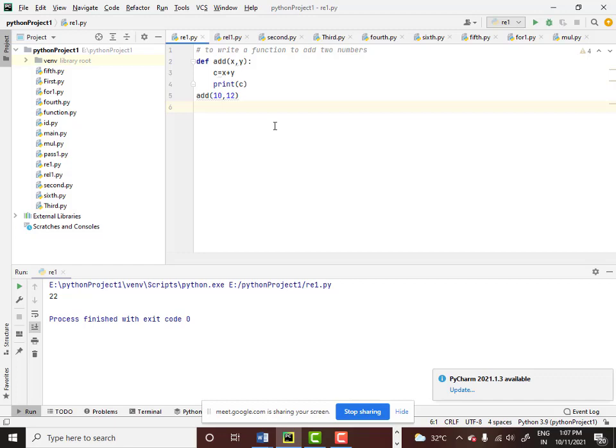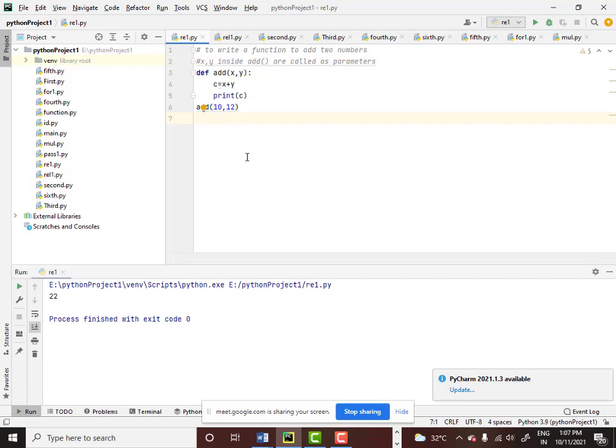Okay, fine. So let's understand what this is. You know what a def is. Def stands for define. Add is the name of the function. In the earlier example, you didn't give anything here, you just opened the bracket and closed the bracket. So here I am giving x comma y. This x comma y are called parameters. Just remember this word. I'll just put a note here: x comma y inside the add function are called parameters.